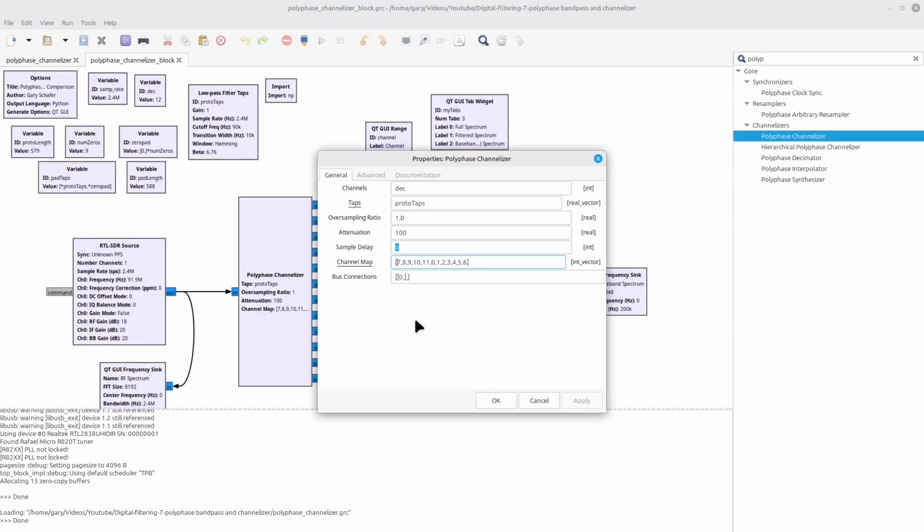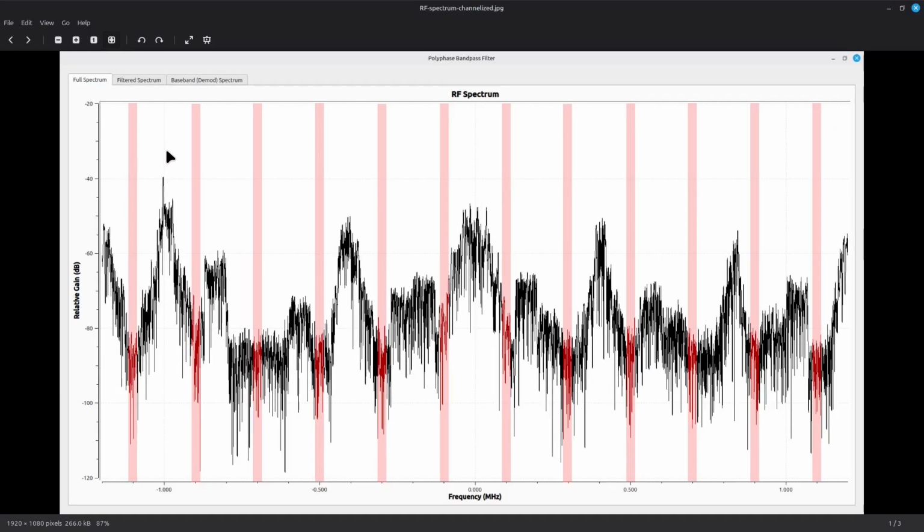Remember I said before that when you look at my original spectrum, coming out of the vector to stream, this is effectively channel 0 here, the one in the center, then it goes 0, 1, 2 on up. This is channel 7.